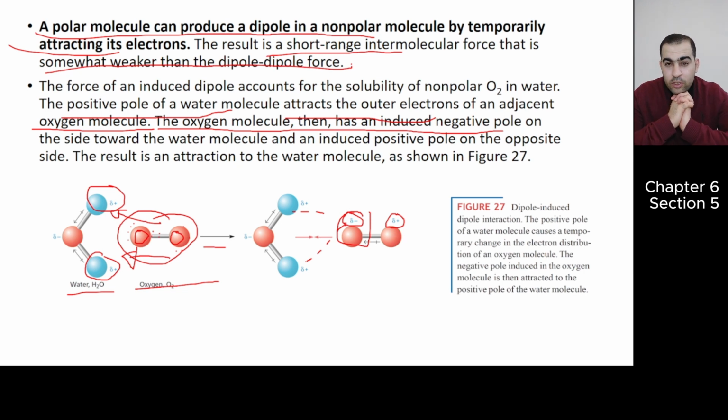That's why in water we have dissolved oxygen. Why does it happen? Because of this attraction. Water attracts the electrons of another oxygen, and the oxygen becomes a dipole, partially negative, partially positive, with the partially negative oxygen facing the partially positive hydrogens. There will be a weak attraction between them. Okay,